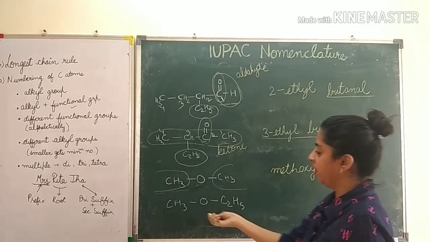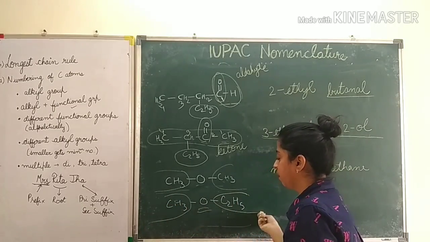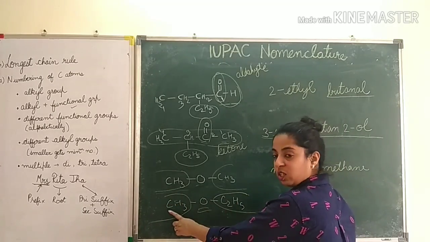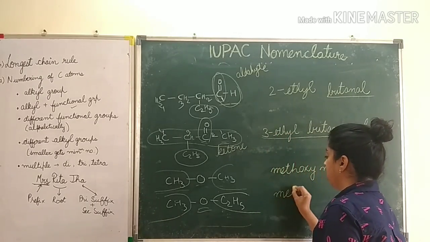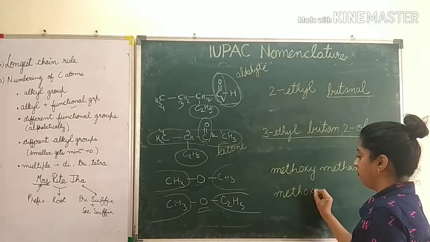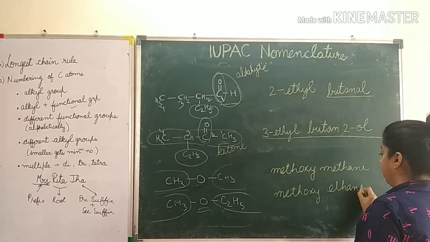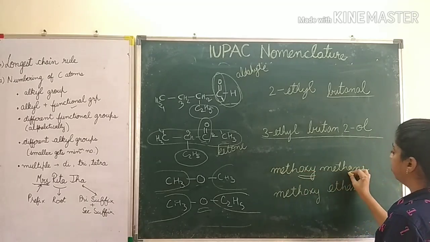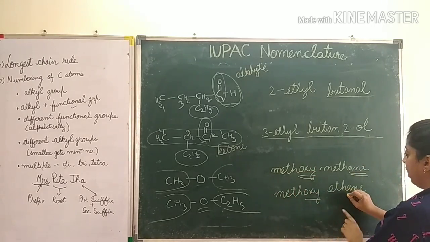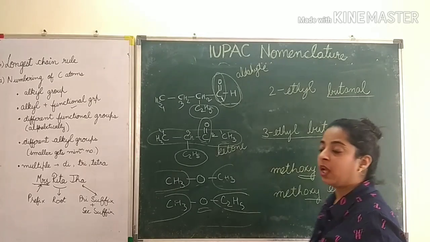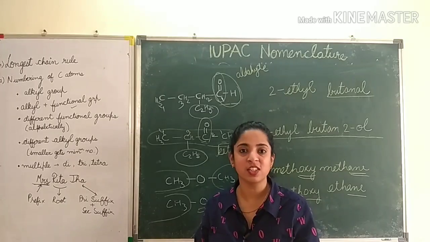Right, now in this case O in center, so we will take this one chain and this one chain. Now here there are 2 carbon atoms, here there is 1 carbon atom, so we will name smaller first. So this becomes methoxy, okay, and this is ethane, methoxyethane. पहले वाले में oxy आएगा, दूसरे वाले में ane आएगा, methoxymethane, methoxyethane. Okay, now we will give you the names and then you have to write the structures.